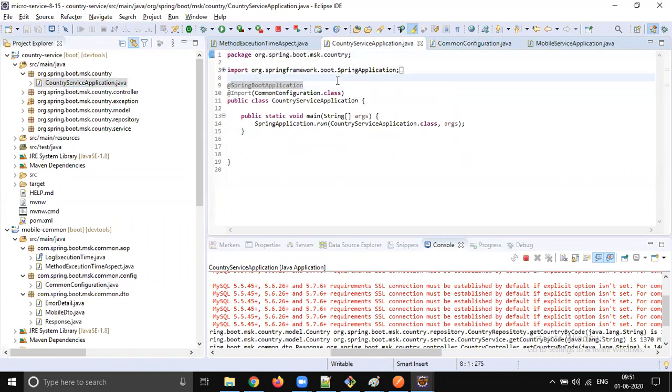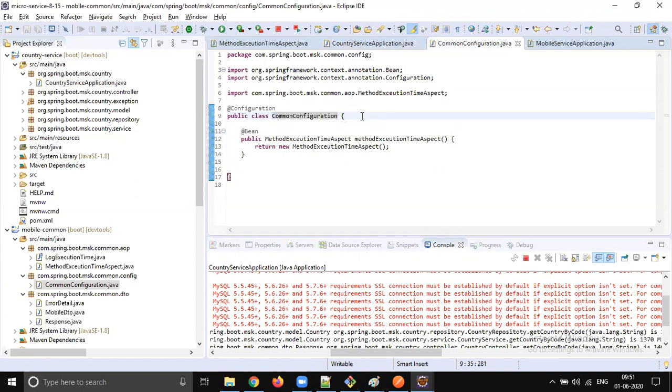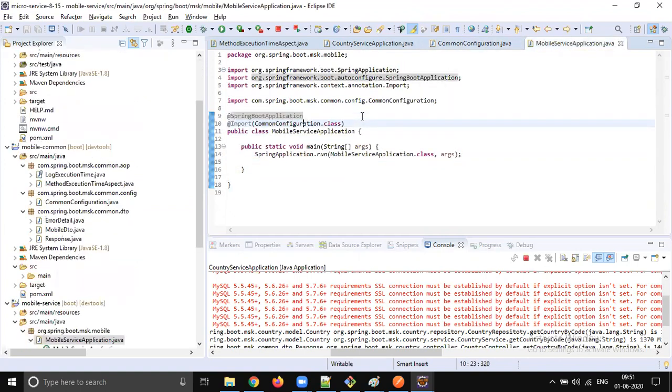Okay, let's not touch the component scan and do the package level configuration. That is not good idea. Okay, so what is the benefit you are going to get? So wherever you need this common configuration, there only you can do it. Okay, so I mean that also you can do it, but yeah.